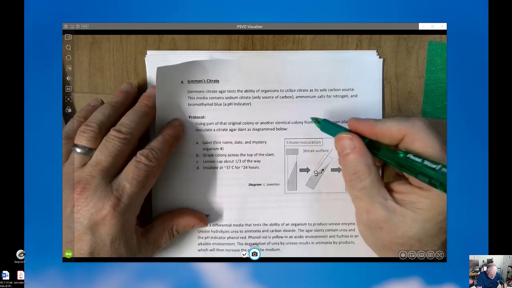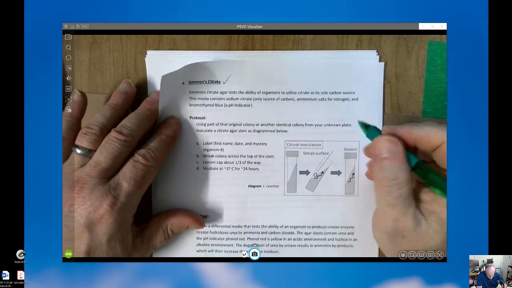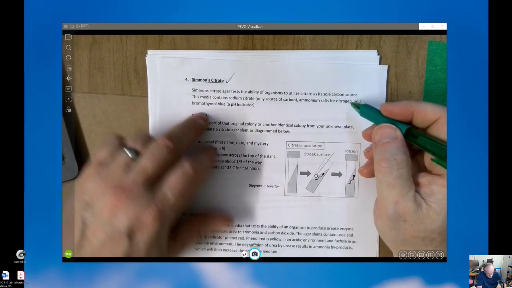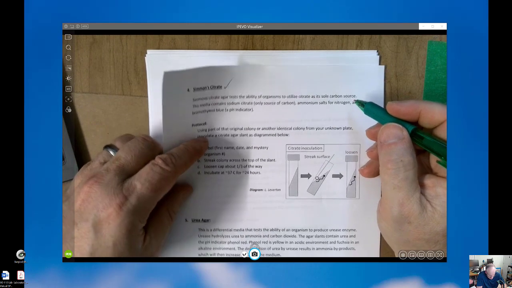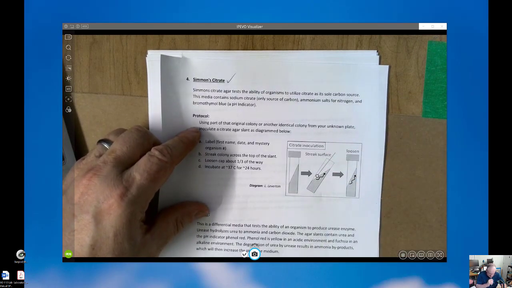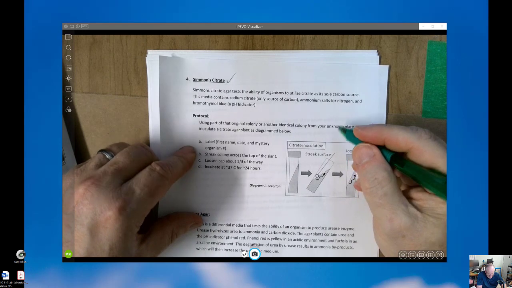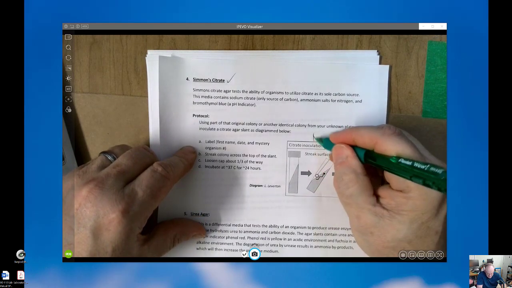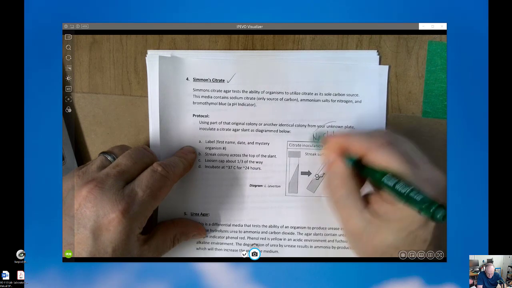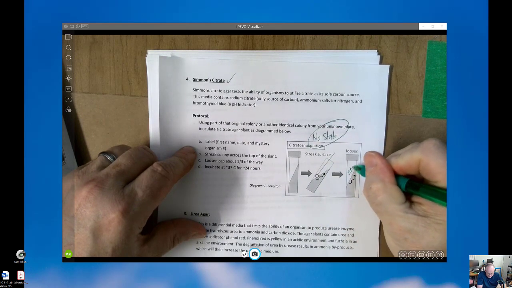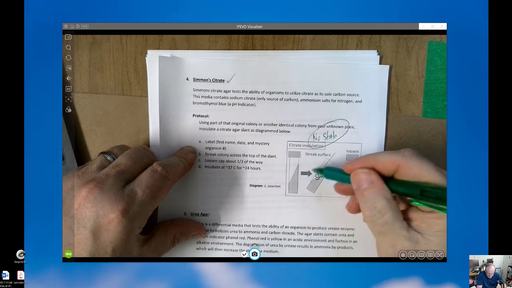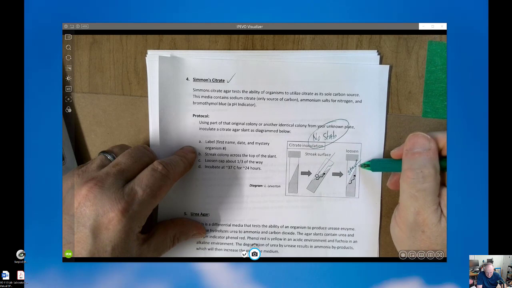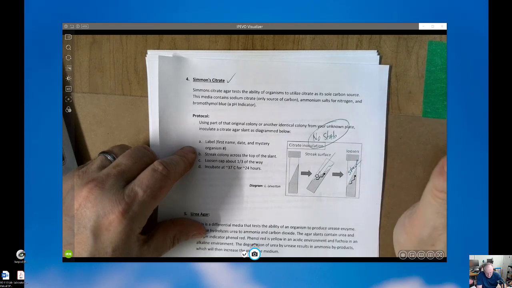Now the Simmons Citrate, which we typically see as green, has a bromothymol blue indicator, and I'm going to show you the positive and negative tests of these. This one does not require the stabbing part. No stab, just a streak. So you're going to take your loop, sterilely going in using aseptic technique, and just rub it on the surface of the slant, and that's it. You don't stab